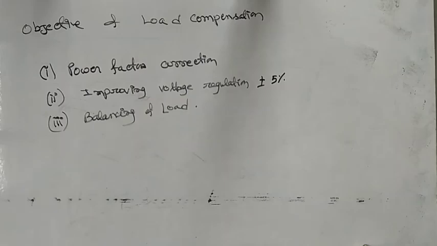The most ideal way to improve load bus voltage and thereby reduce the voltage regulation within limit is to increase the size and number of generating units as well as by increasing the interconnection. However, this method has got inherent limitation as it is costly and increases the fault level. On the other hand, it is better and economical to opt for reactive power management and apply compensation at the load bus. Next is balancing load.